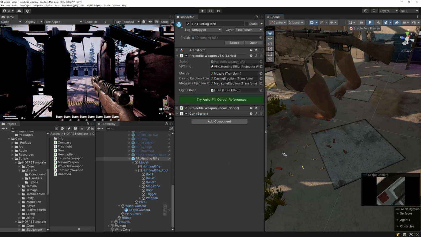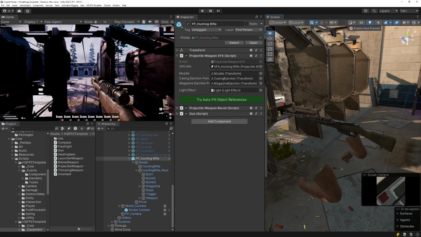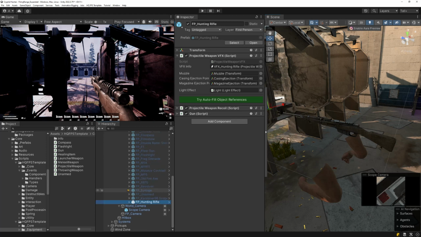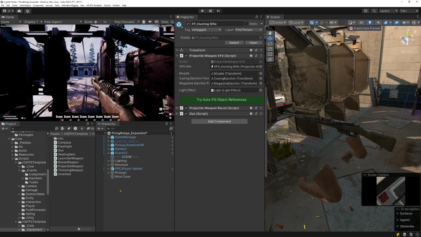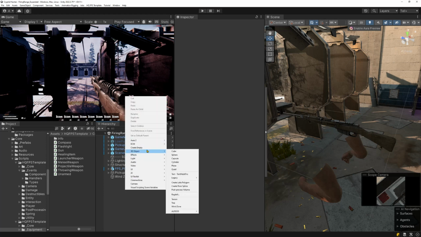Alright guys, so I saw a request for showing how to create a scope for these rifles or any of the guns, so here it goes. I'm going to use some primitive models, but whenever you can, use your own scope models for this, it'll work. So the first thing we're going to do is create a cylinder,